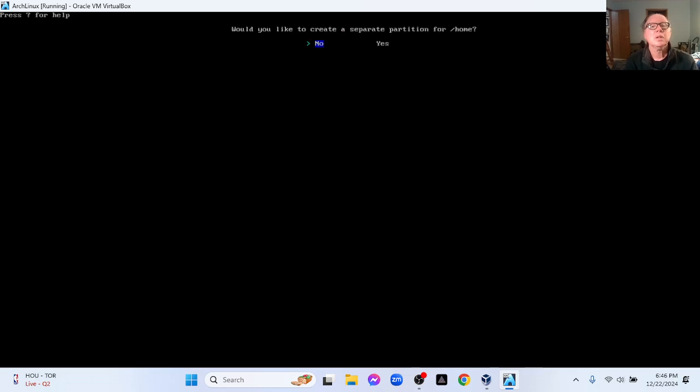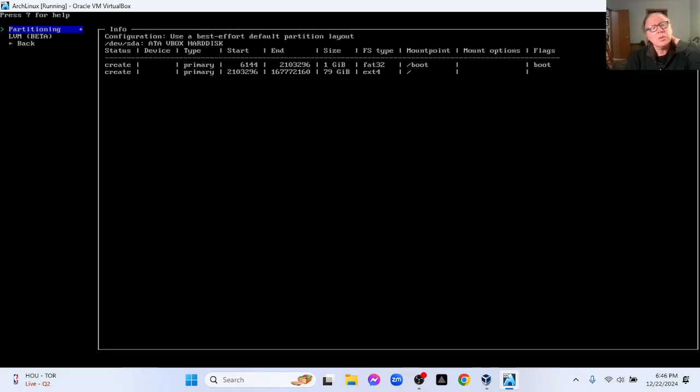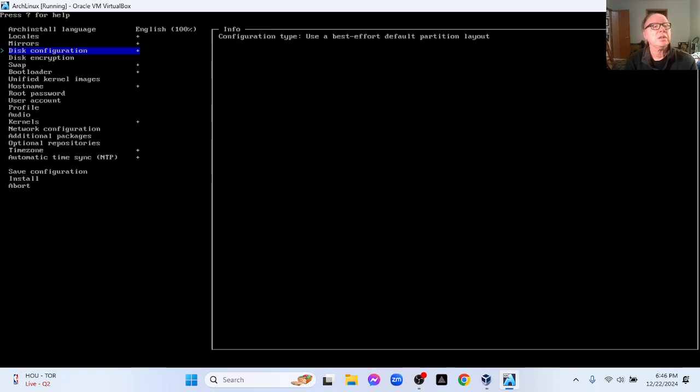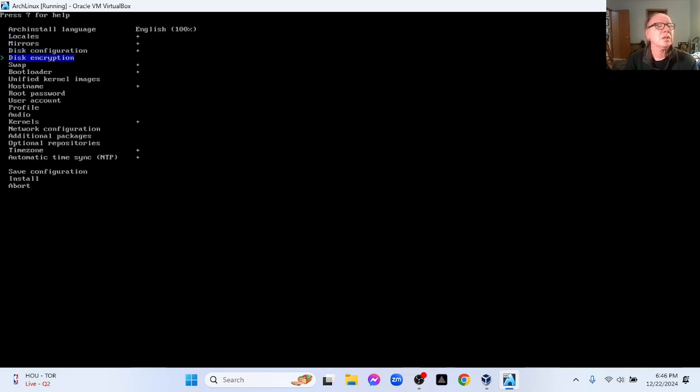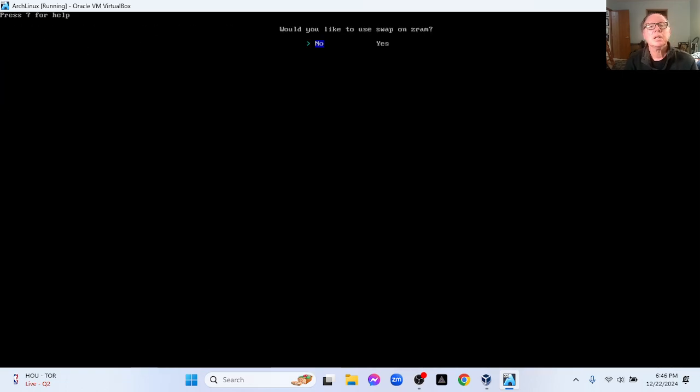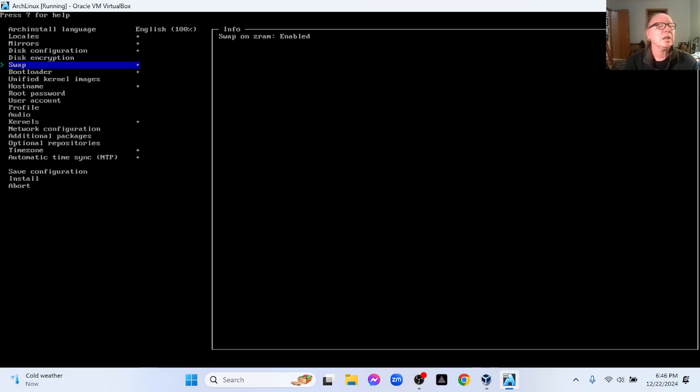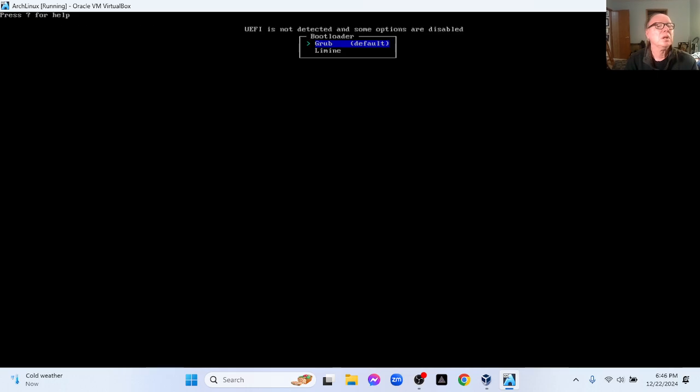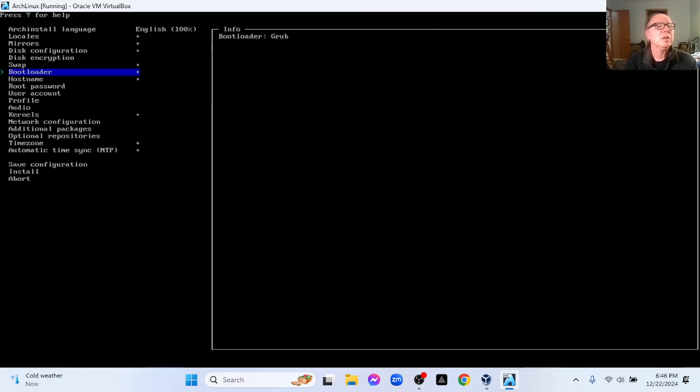ext4. No, everything's going right in one big partition. Okay, this configuration. Do I just use swap and ZRAM? Sure, why not? I normally don't do that. But bootloader, GRUB, hostname,